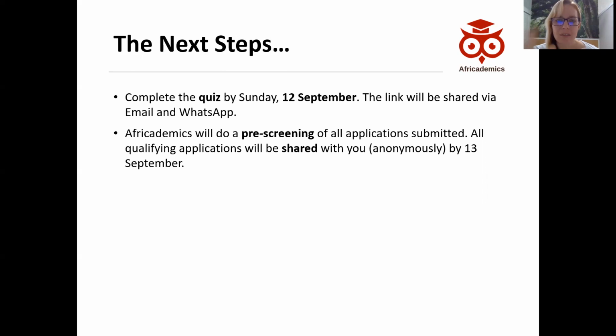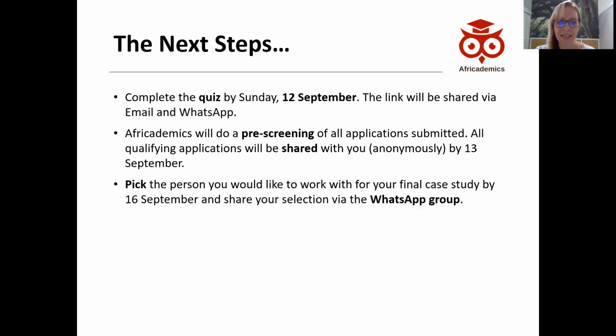But that narrowed down list of applications will be shared with you anonymously, so without people's names, just to make it fair and also comply with data protection issues. And we will share that with you by the 13th of September, so basically 3 days after the deadline.